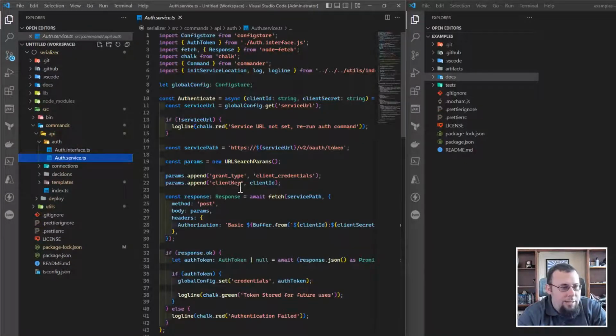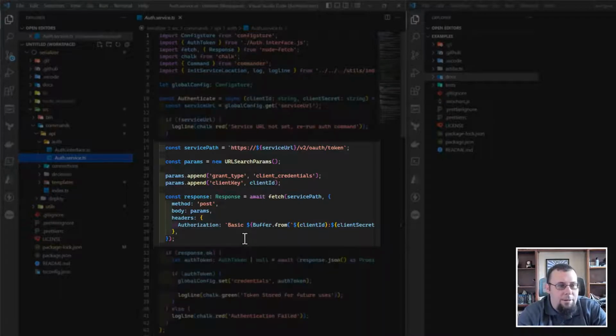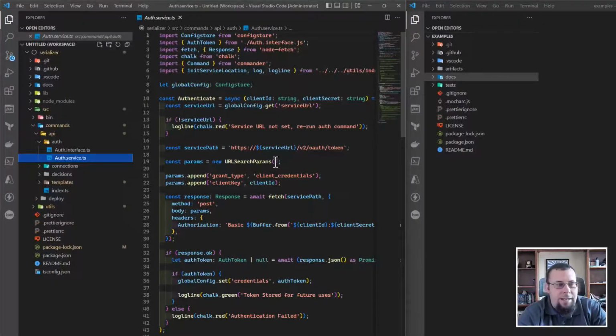And so what you see is basically a bunch of functions that do different things. So there's an authenticate method. This does all the magic of authentication, calls out, does a fetch out to the service endpoint of v2 OAuth token to get back, the long story short is you're passing in a client ID and a client secret for client credentials grant type, and you're getting back an access token